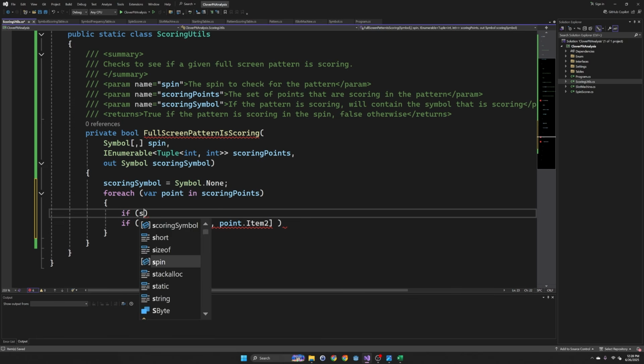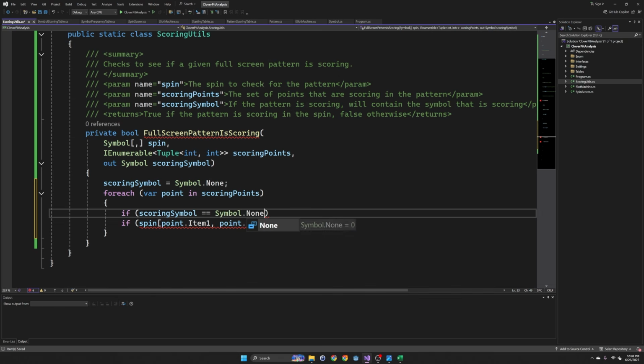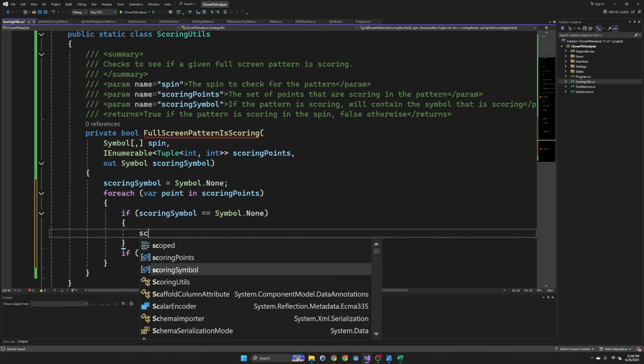So if scoring symbol equals symbol none, start off with that, then scoring,